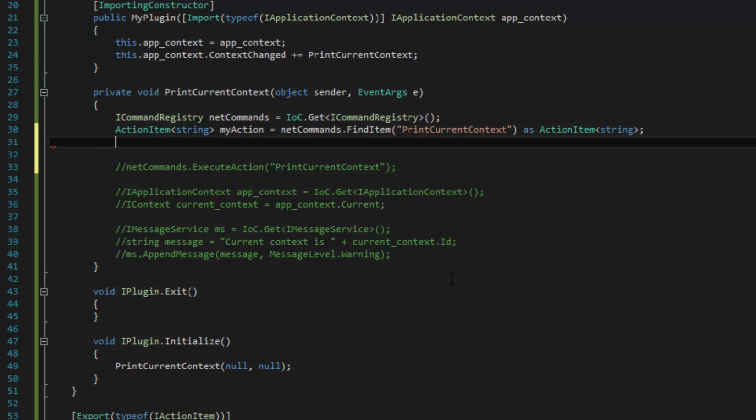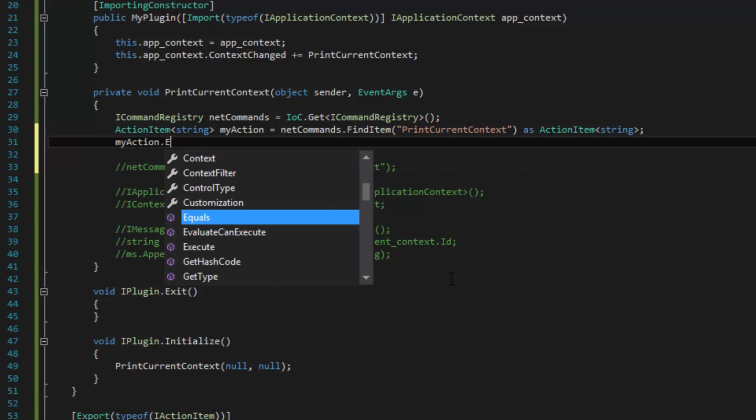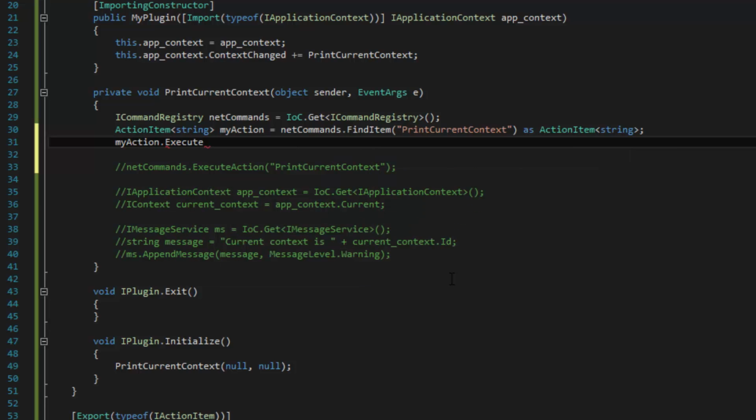And now we need to execute this action. So my action dot execute. And notice we now can pass it the string we need to give it. So notice we have this override here. And there's the string P1. So what string do we want to say? Let's say,